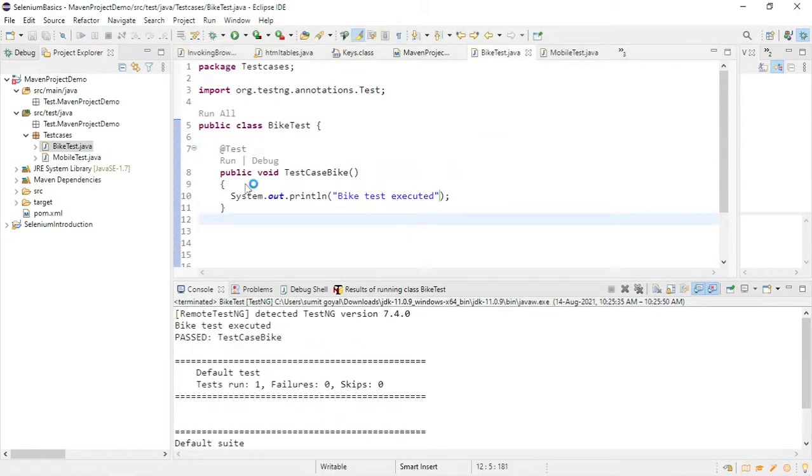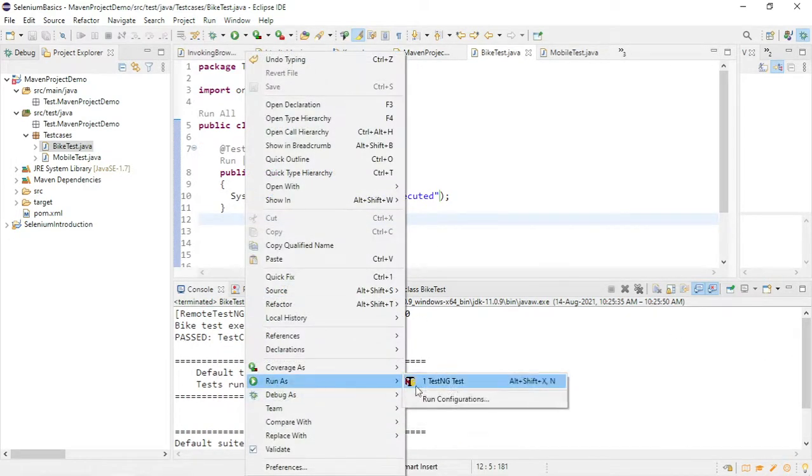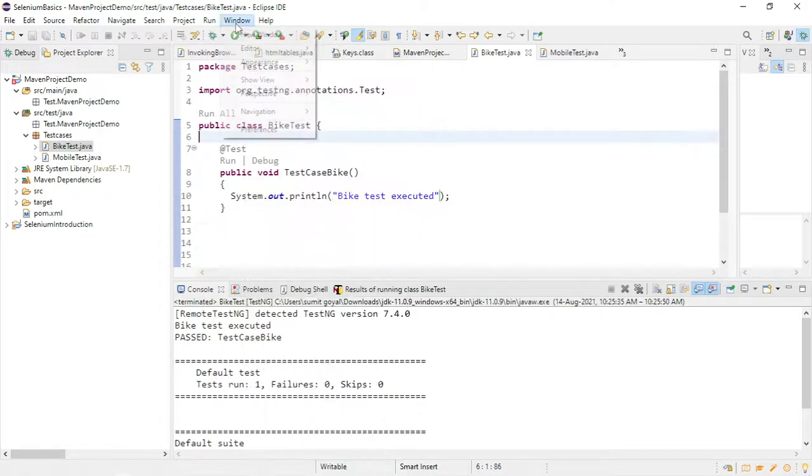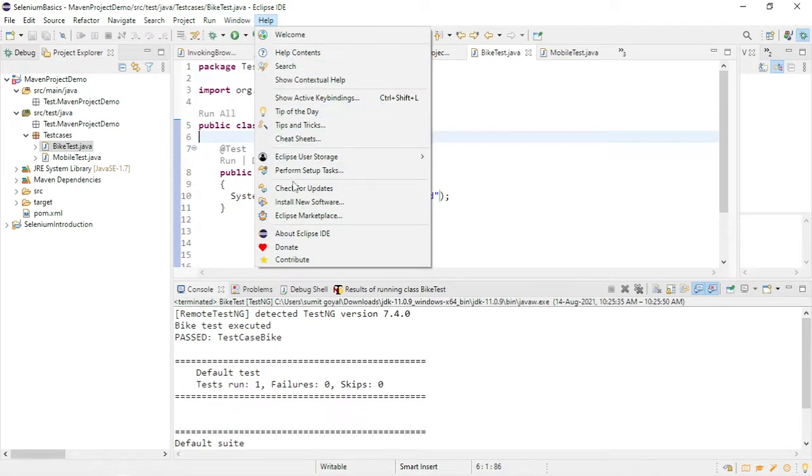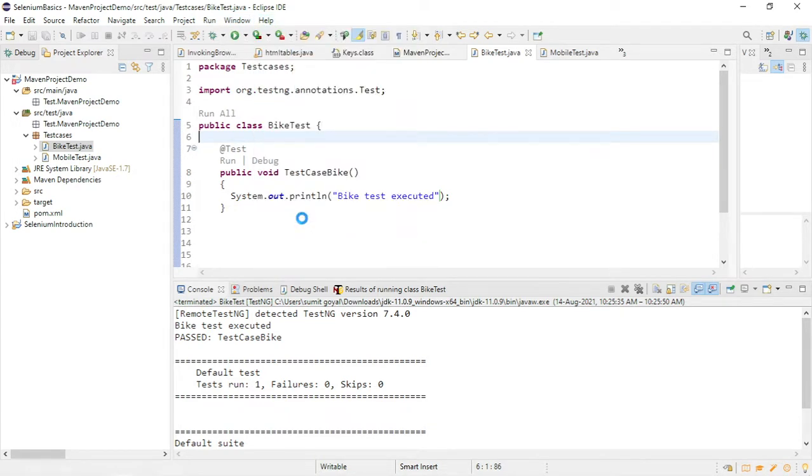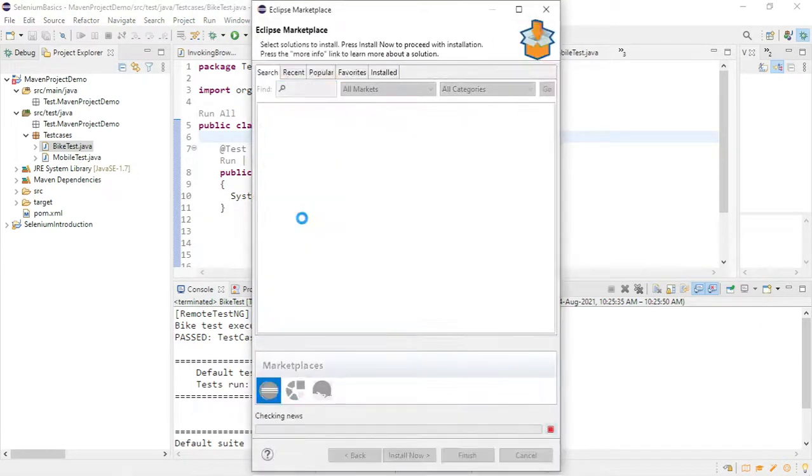And if you see this one, when I do right click, run as this one. If you do not see it in your Eclipse, first you need to go to Windows, go to Help, go to Eclipse Marketplace. Basically you will not see it if you have not installed this plugin. I have installed one plugin of TestNG. So go to the installed ones. It is already on my machine.